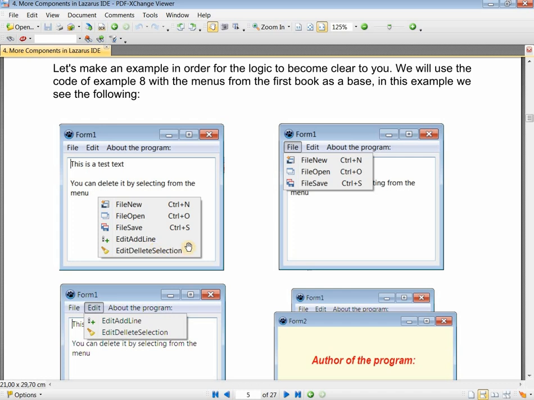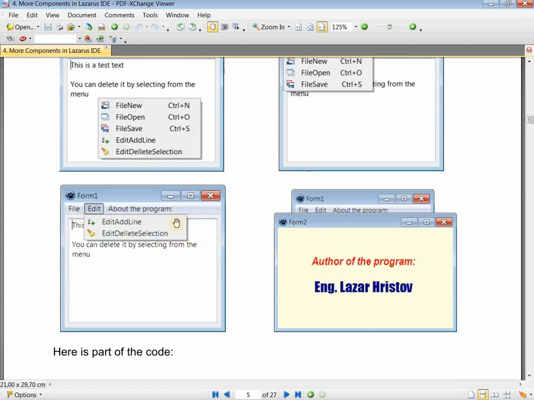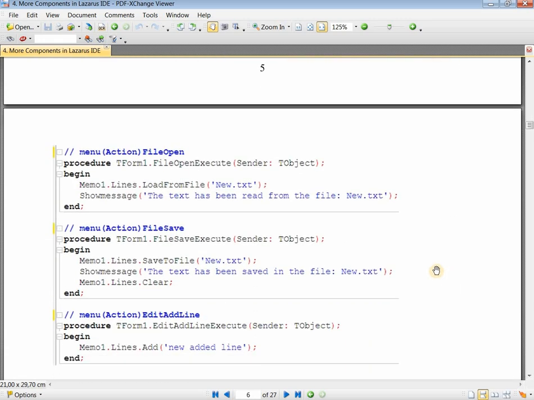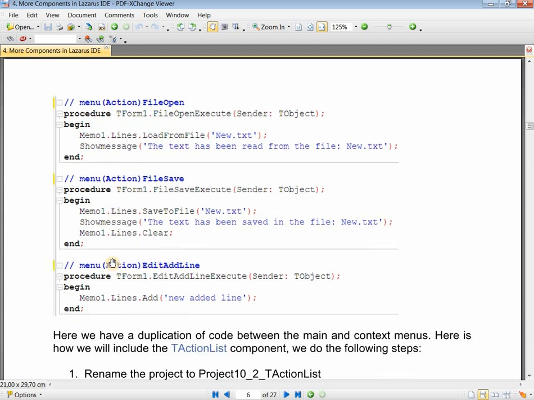We can look in the Open menu. In the File menu, New, Open and Save.